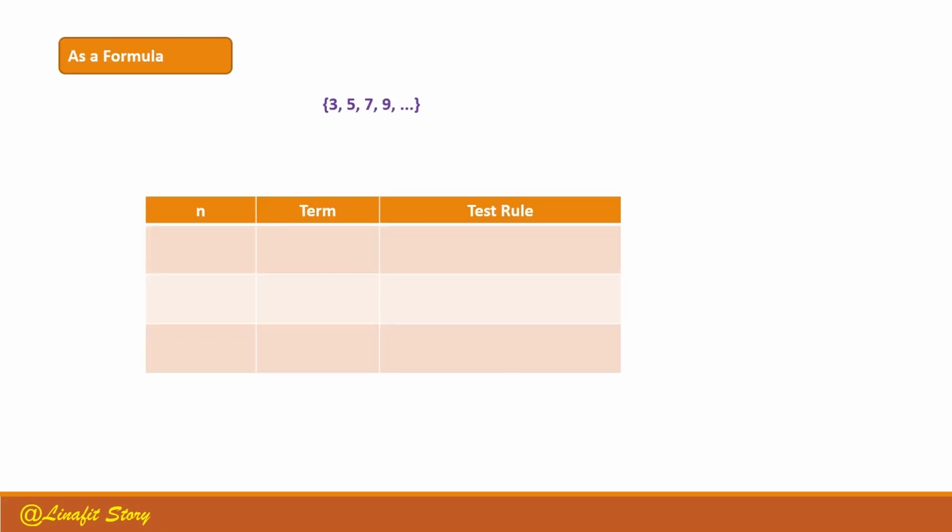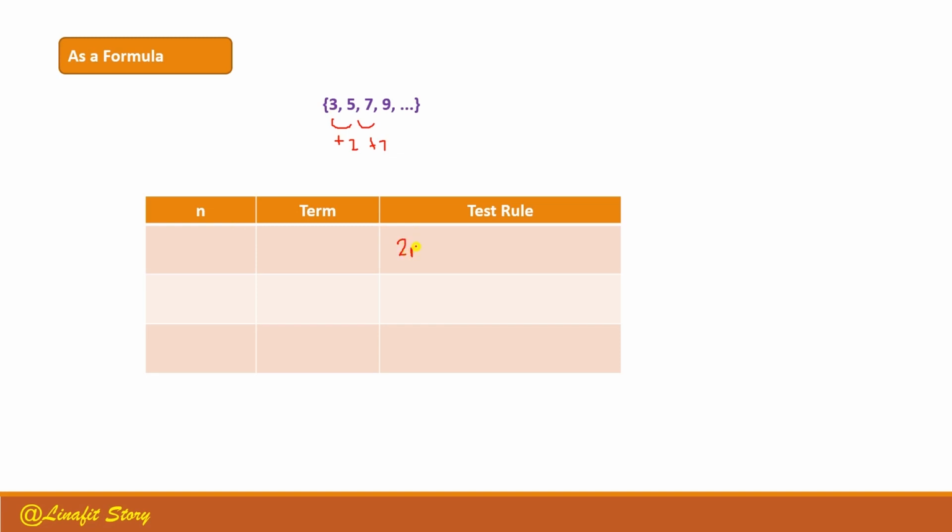As a formula, 3, 5, 7, 9, and so on. So now here, we can see the sequence goes up 2 every time. 3 plus 2 is 5, 5 plus 2 is 7, 7 plus 2 is 9. So we can guess that the rule is something like 2 times n. So here,